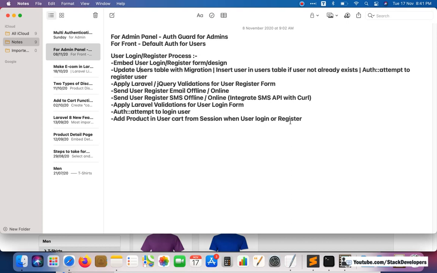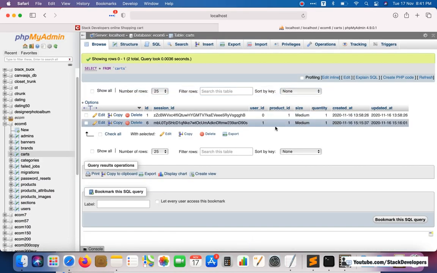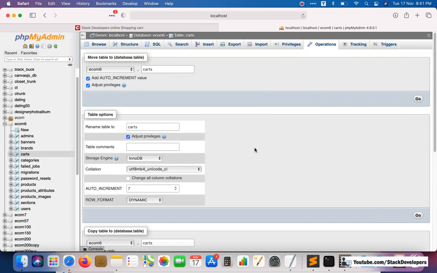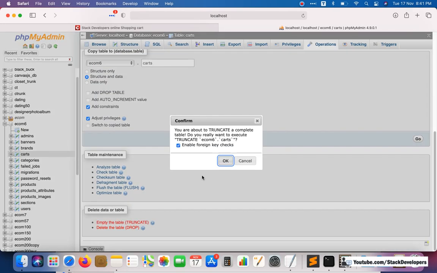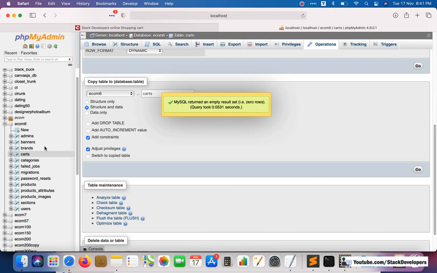This one is really important to do earlier, because right now you can see that we are not able to update the user id here. You can see the user id here. This user id we are required to update. I will show you. I will make it empty first of all, and will show you here after the login.